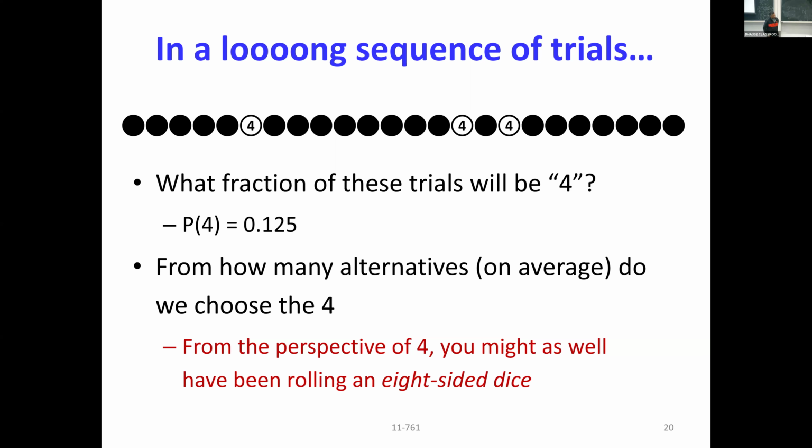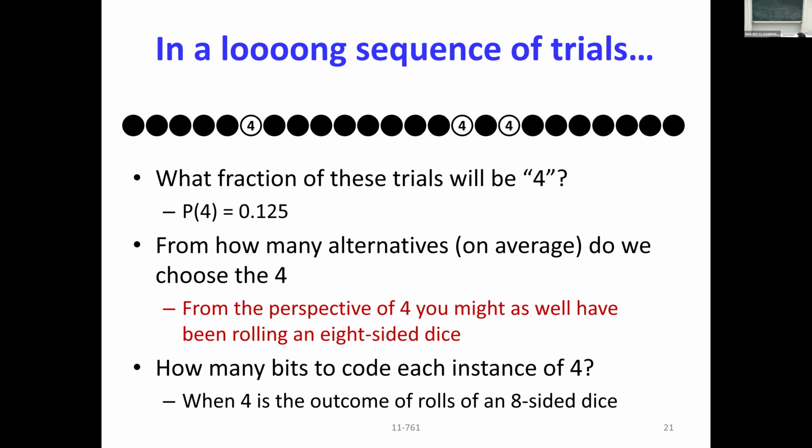N over n times 1/8, right? On each occasion, as far as 4 is concerned, I'm rolling an 8-sided dice. How many bits would I be sending? 3, right? And so this is how many bits you're going to be sending